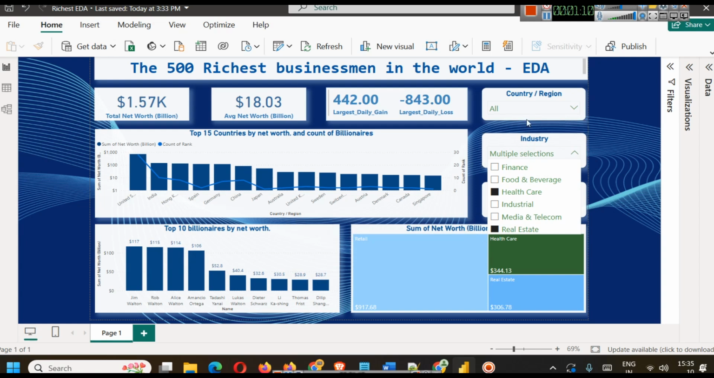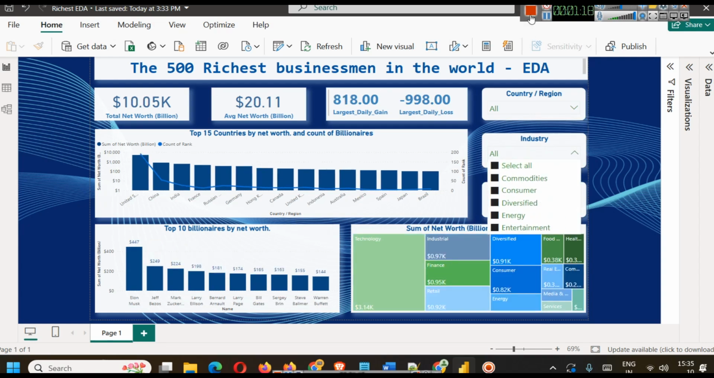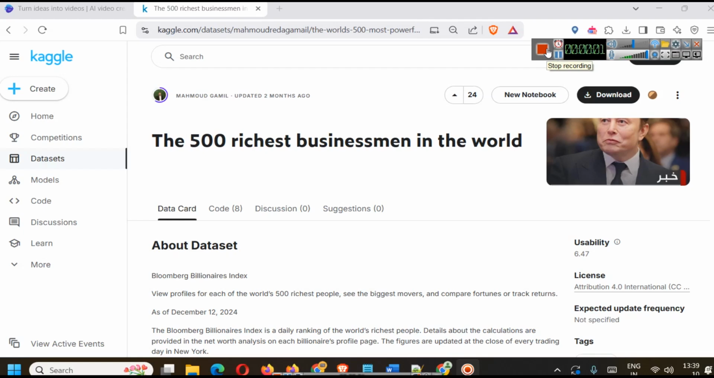So this is something that we are going to learn, how to create these filters, how to create this simple dashboard to analyze the data. Now let's get started. So the data set that we are using in this project is the 500 richest businessman